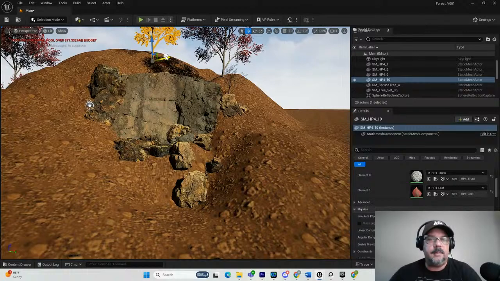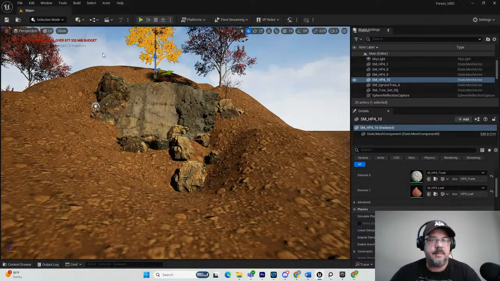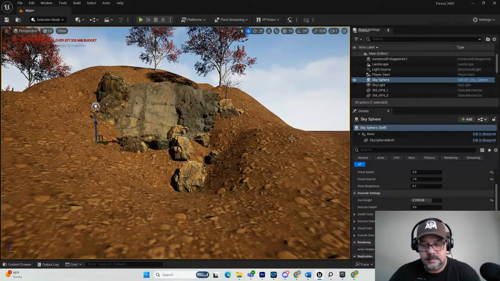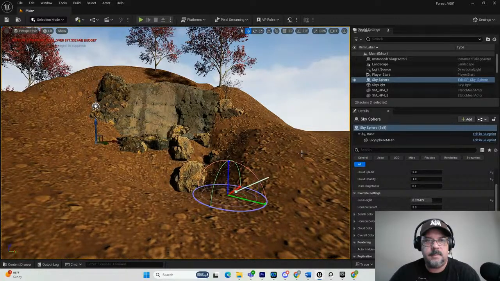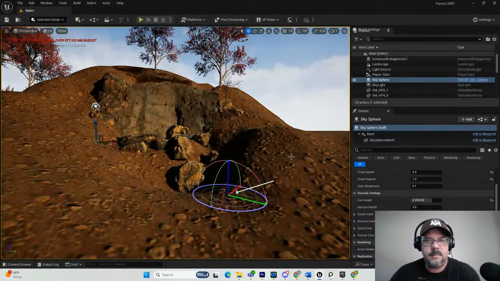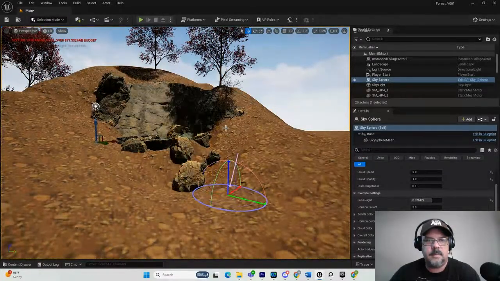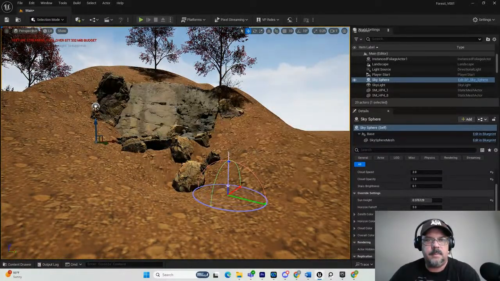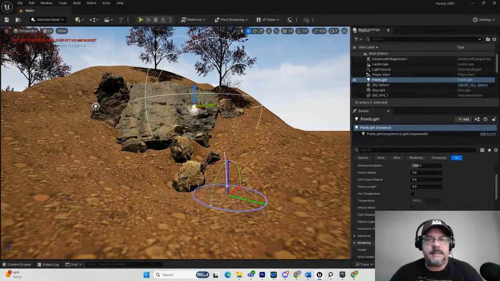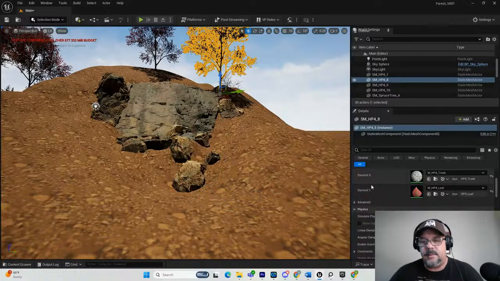Now, there is quite frankly a need for a lot of trees up in here to get this working, and